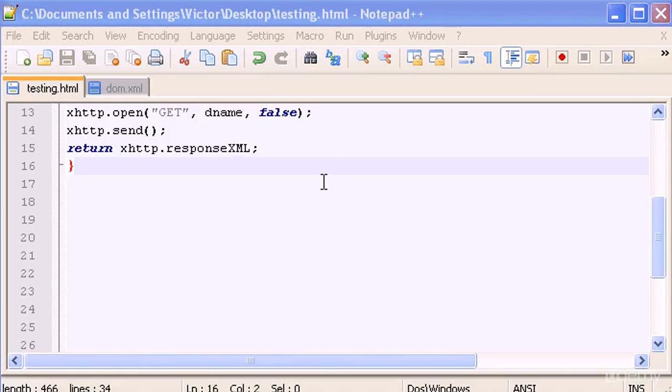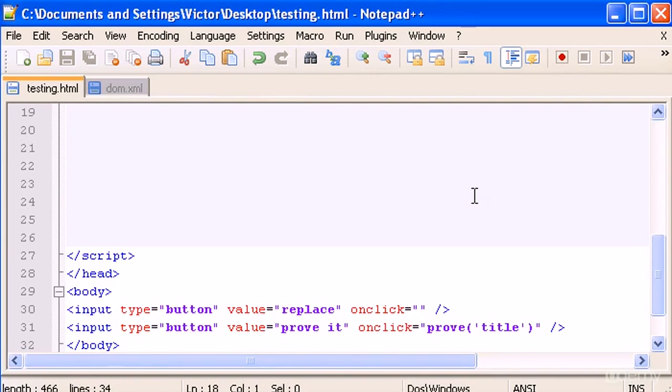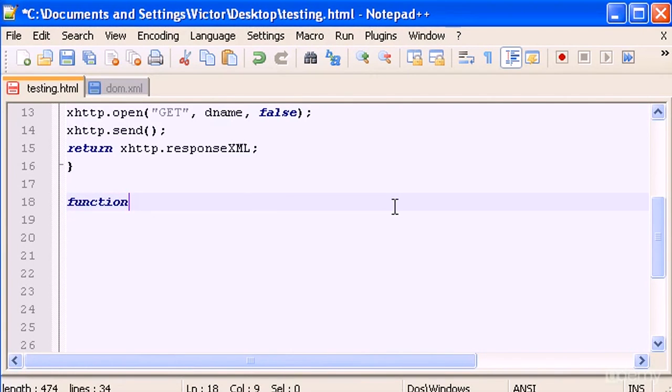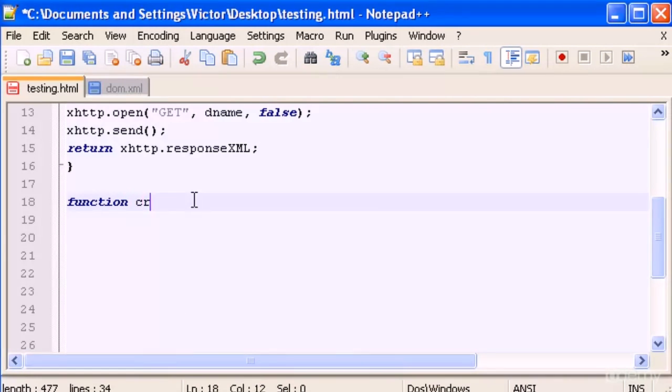Hello guys, welcome to another video of XML DOM tutorials, and in this video I'm going to show you how to create and replace elements, or nodes. So first of all, we have the two buttons. Let's leave those and create our first function, which I will create to create elements, okay? So let's type